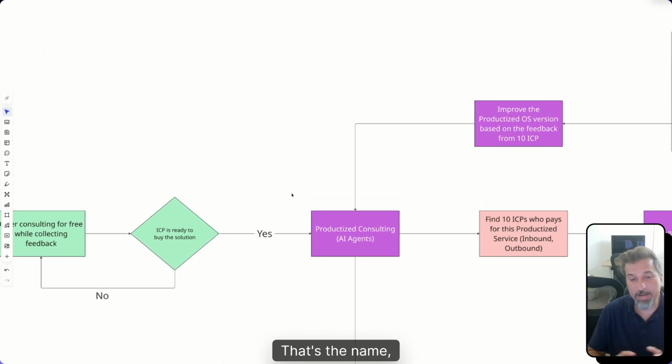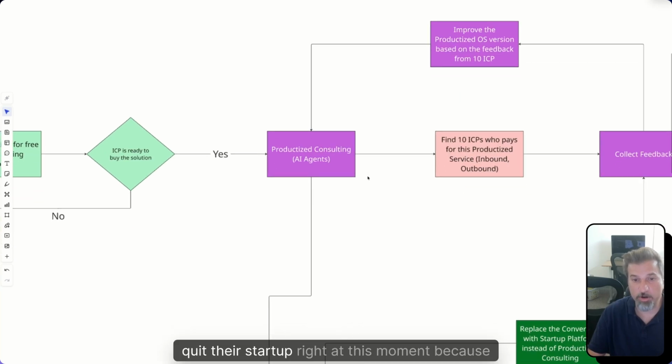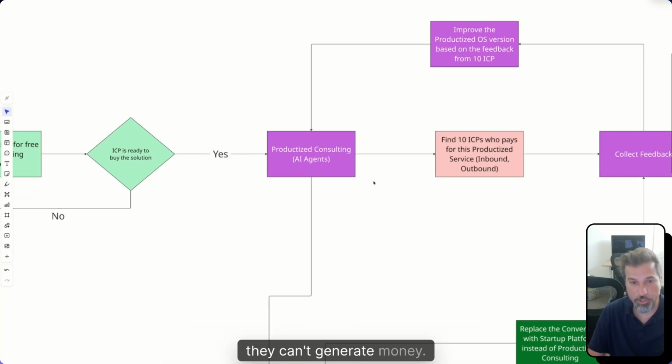All right. That's the name Productized OS, because productization is basically the missing link between consulting and a startup offer. That's a link that's missing. And a lot of people actually quit their startup right at this moment because they can't generate money. So what we're going to do, we're going to build the productized consulting.